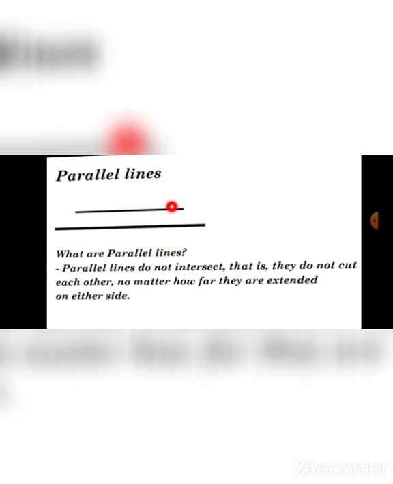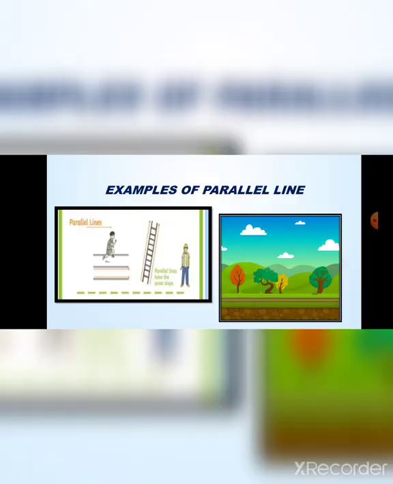And students, they do not cut each other, means they do not get mixed with each other. We can draw parallel lines as long as we want, but if they are not intersecting, that means they are parallel lines. Intersect means that the lines are cutting each other. Now these are some examples of parallel lines. As you can see, the racing track, the ladder and the railway track. These are the examples of parallel lines which we see in our day-to-day life.